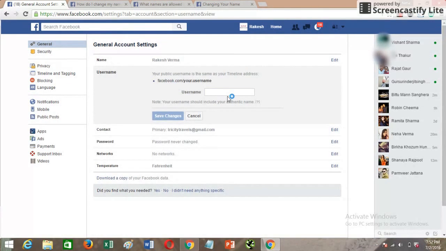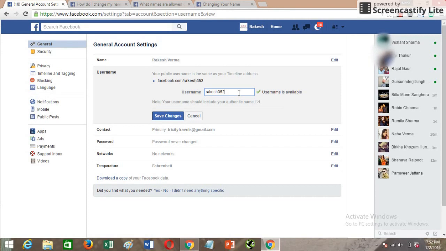If you want to change the username, you can do it this way. For example, if I want to keep this one, the dummy account that I have, you can see that the username is not available, so I might have to brainstorm some words to find out the relevant username out here. Also not available. This is also not available. This is available.